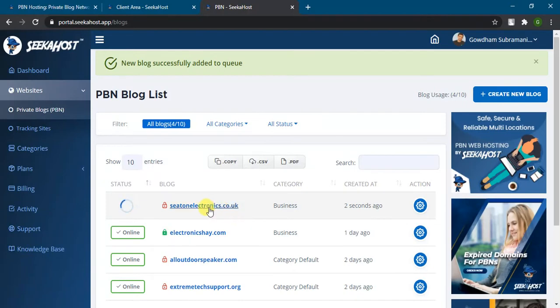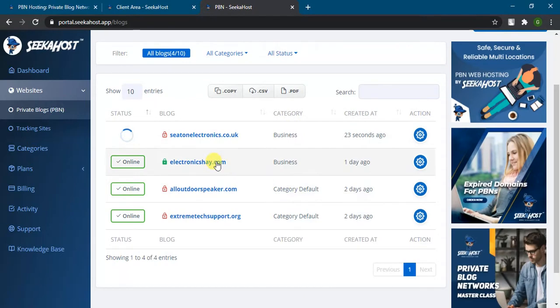Adding the block process may take up to like 45 to 50 seconds. During this process, it will be installing WordPress with the default configuration and will email us the credential details directly. You could see the status keeps on loading, which means the installation process is going on.